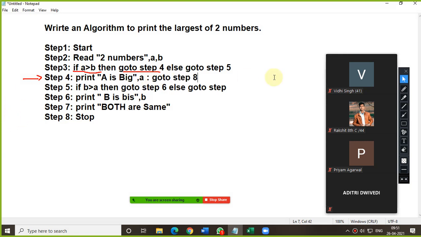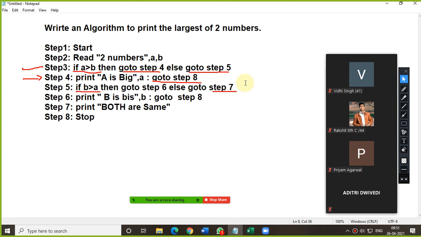Please try to understand. Now, if step 3 is false, then you are going to step 5. In step 5, again we are putting a condition, and if this one is true, then we come to step 6. After executing step 6, go to step 8. And now here what will we write? Step 7. So now this program is complete. Please pay attention here. These lines are very, very important. Here we have to execute the value.